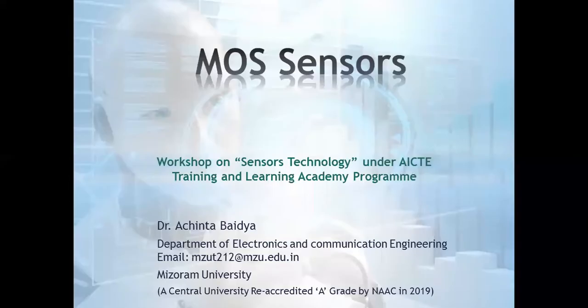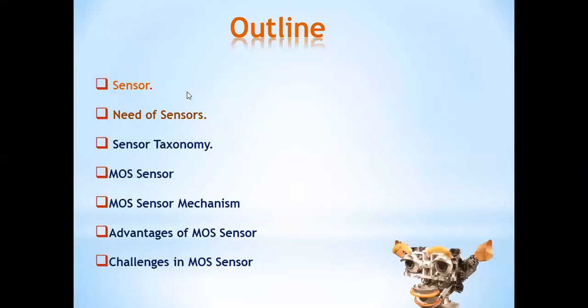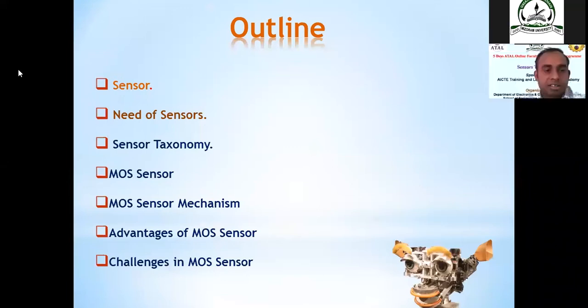First I will talk about the sensor types. So my topic discussion: first the sensor, why we need the sensor, then the sensor taxonomy, then the MOS sensor, what is the mechanism of the MOS sensor, then the advantages we have in the MOS sensor, and what challenges are faced in this MOS sensor. So at the beginning, first